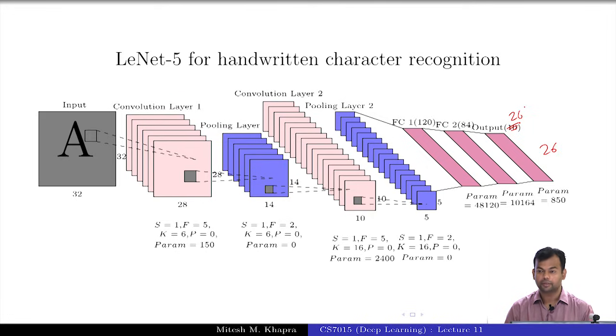Now, do you observe something immediately? Is there something very striking immediately in terms of the number of parameters? The fully connected layers clearly dominate, right? Here we are dealing of order 2400 at max, and here we just start with 48,000 itself, right? So just keep this in mind that the fully connected layers have the largest number of parameters that you have, and we'll try to come back to this and see if we can solve this problem.